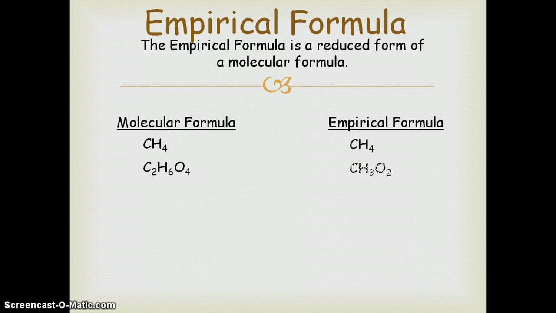And that gives us our empirical formula, which would be CH3O2. If you review and come back, you see that we simply divided each of these subscripts by the common denominator, which here is 2. Right? So we divided the C by 2, we divided the H by 2, and we divided the O by 2. So the simplified or reduced version of the formula is